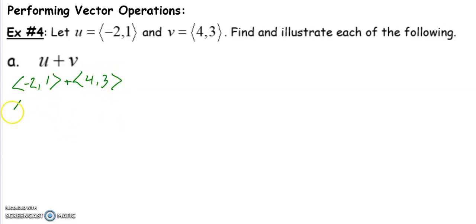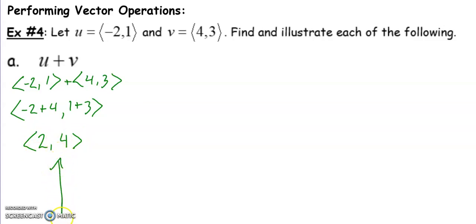So we're adding our horizontal movements, -2 plus 4, and then we're going to add our vertical movements, 1 plus 3, and that will give us 2, 4. We write them with the arrow brackets because it's a vector. So my resulting vector, U plus V,